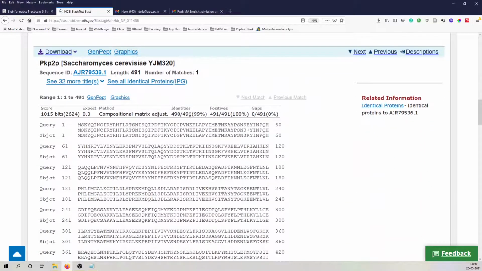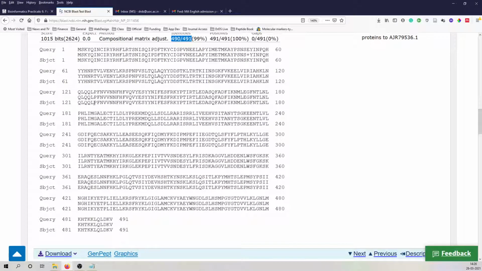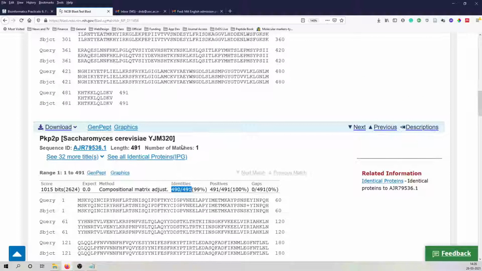But here you can see that in the second entry, there is 99% identity, and there will be one difference, and I don't know where it is. Among the sequences, there will be one that is different.